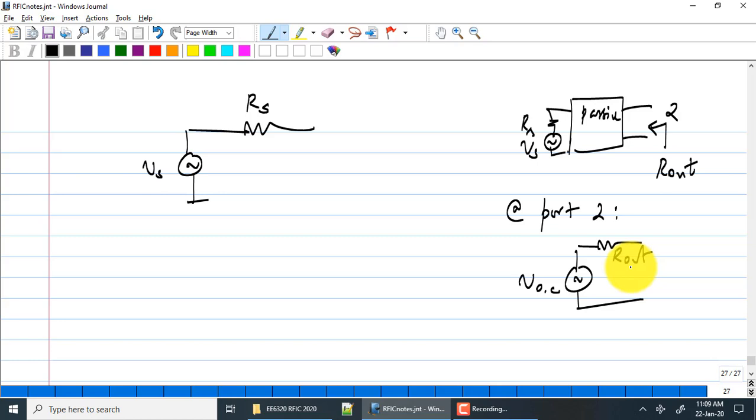You can show that if the network is passive, the noise produced by this two port at port 2 is equal to the noise produced by the Thevenin resistance. Does that make sense? You can prove that this is the signal equivalent. You can show that the noise equivalent